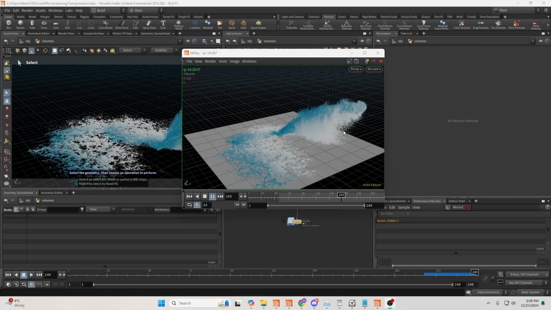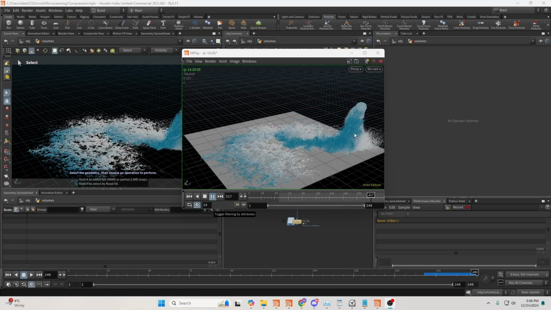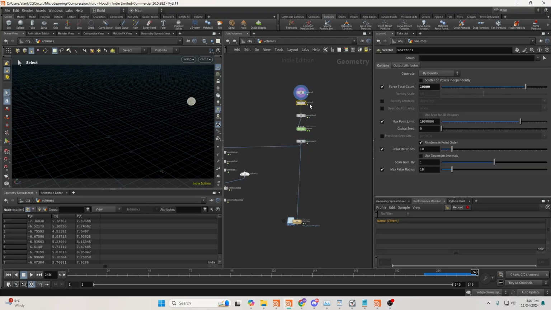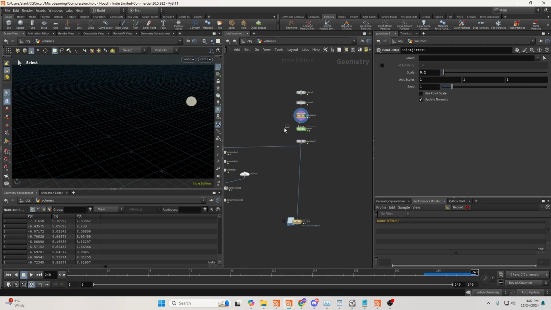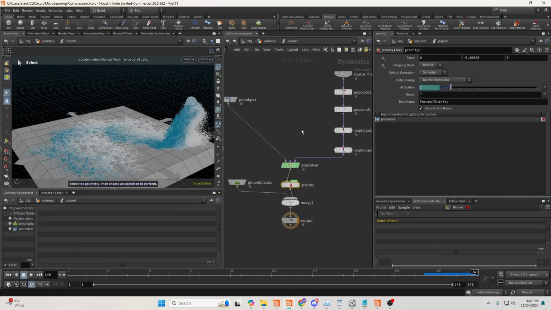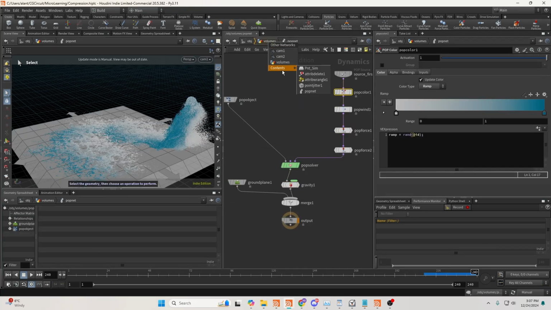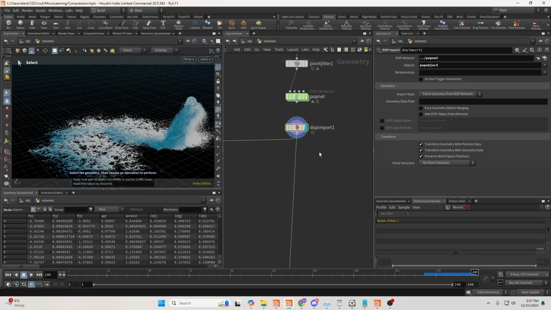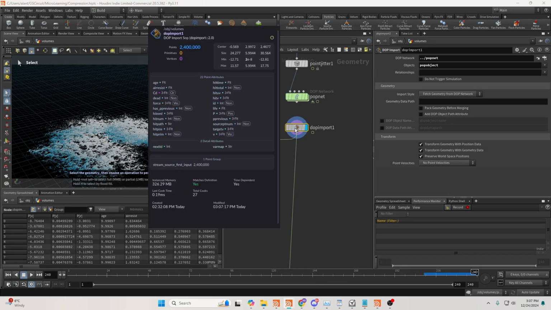Hello, and today I'll be showing you how to properly compress a particle simulation. So, this setup here is just a basic sphere, scattering some points, adding some jitter, and inside the pop network just adding some forces. Nothing special. So, here I'm importing my simulation, and you can see that we have a lot of different attributes,